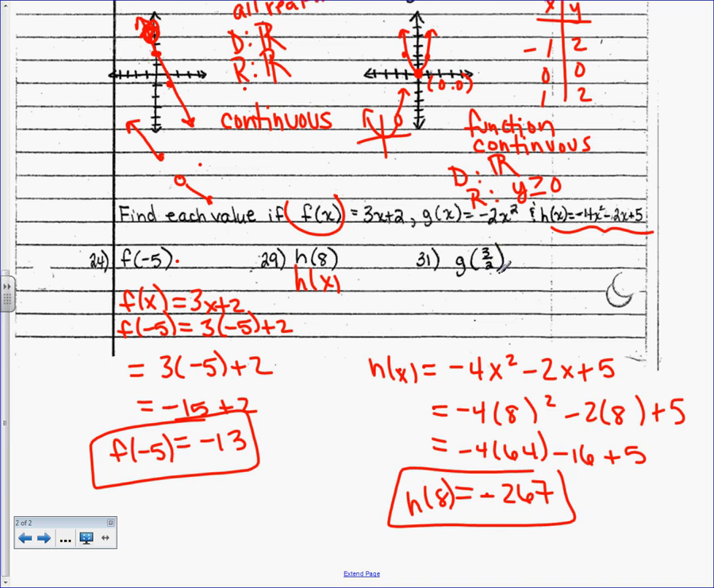Number 31, g of 3 halves. So for this one, again, you're going to use your g function, which is negative 2x squared. And instead of x, we're going to replace it with 3 over 2. I know you're tempted to use your calculator. You don't really need it yet, right? 3 over 2 squared is just going to be 9 over 4. Because 3 squared is 9 and 2 squared is 4. And then you can obviously multiply by negative 2 over 1. You don't need help with that either. So you're going to end up with,